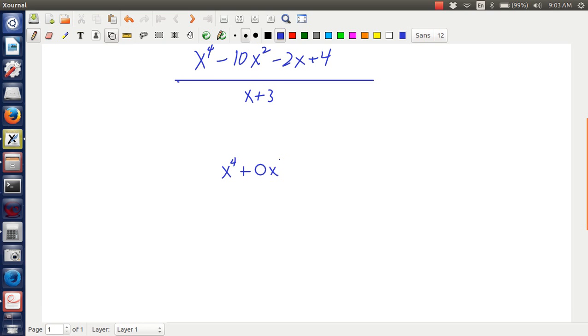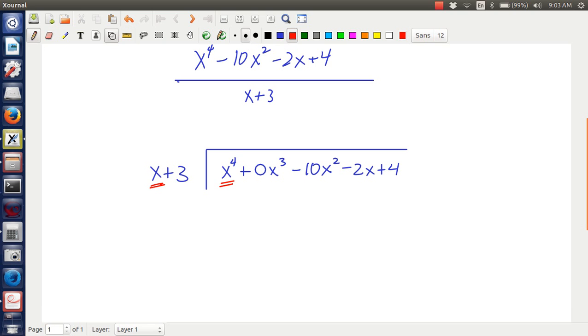Let's put a 0 there to hold the space so that we keep our polynomial all aligned, just like when we did long division for integers, we kept everything aligned using our digits, our place value. Okay? So now what's the question? How many times does x go into x to the fourth? Well, x cubed. So then we write this out,